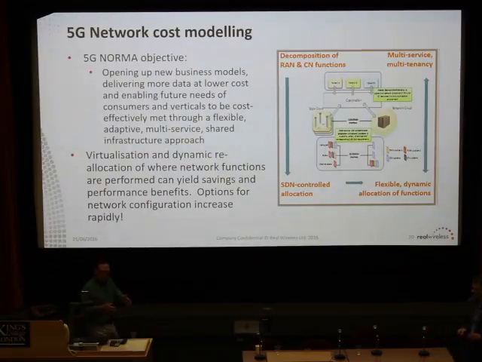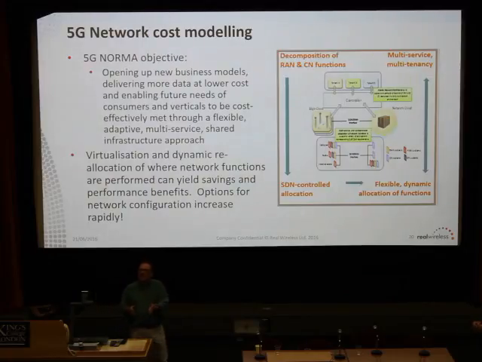Okay. So to answer that, we'd almost do it the other way around, in that we could say, what is the cost if it's one operator running this network? Well, what is the cost and what's the saving if it's shared, for example? So we'd answer the question the other way around, and then we'd understand what the benefits of flexible sharing would be. We'd say, what's the advantage of having this, where we can introduce multiple services, versus what would happen if we had a network that couldn't accommodate multiple services. You have this for this service, and then you have an overlay network for machine-to-machine or IoT and whatever.